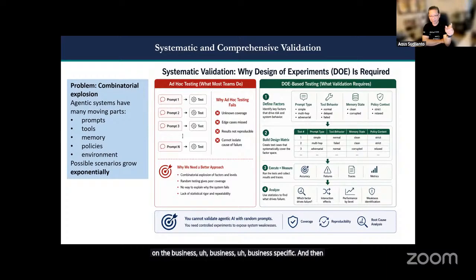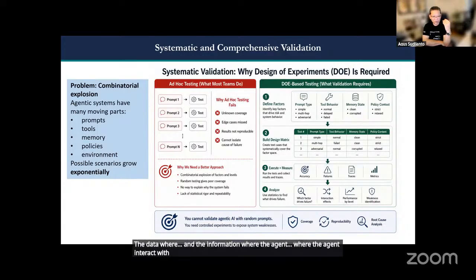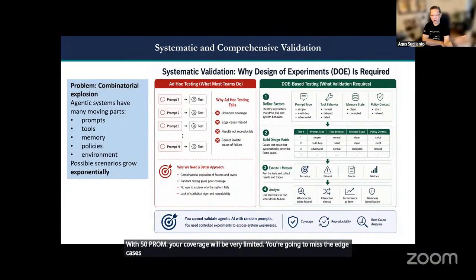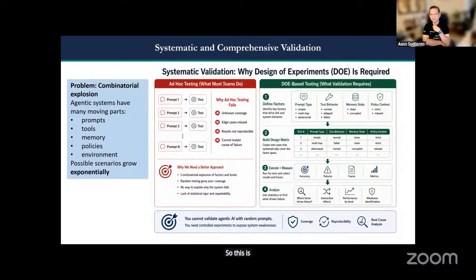And then the environment, the data and the information the agent interacts with. So you're dealing with infinite combinations here, an explosive combinatorial space. If you just come up with, okay, I'll manually test it with 50 prompts, your coverage will be very limited. You're going to miss the edge cases. You will not be able to conclude in what region, in what situation your model, your agent, is weak. So this is why we do what we call